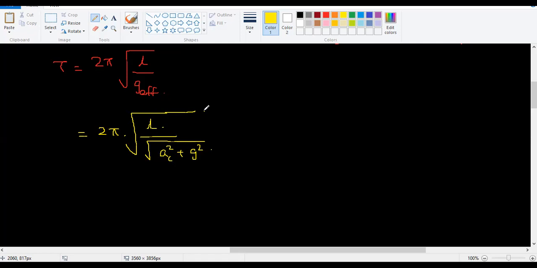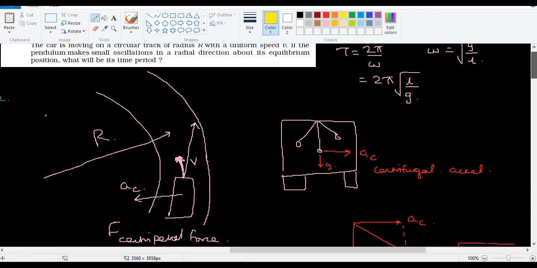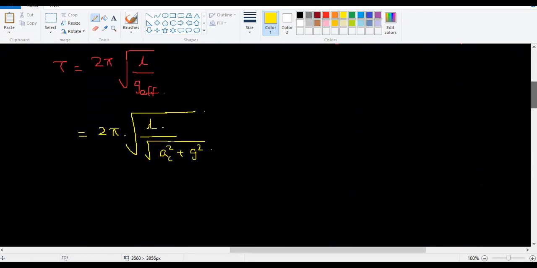That's what I'm getting. But you know that since they are given the velocity and radius, I can say acceleration is equal to v squared by r. So that's one thing which I know. So 2 pi square root of